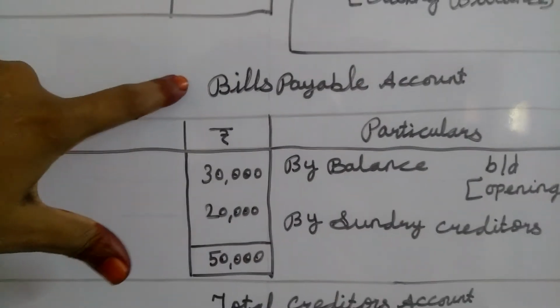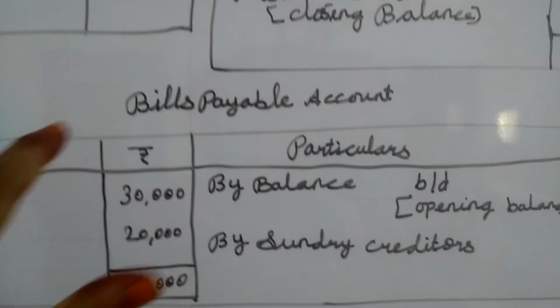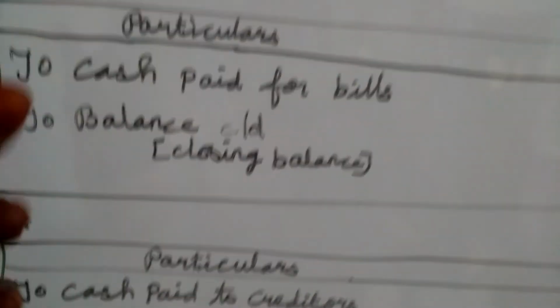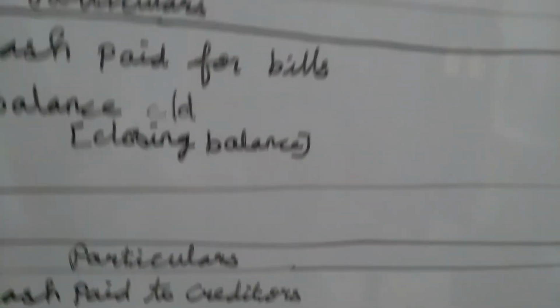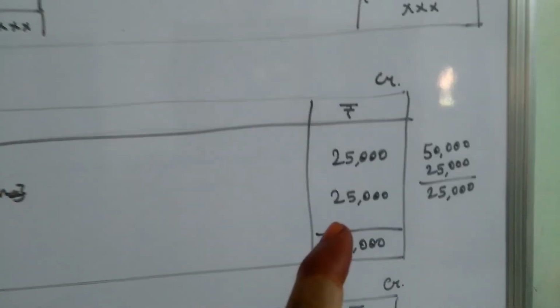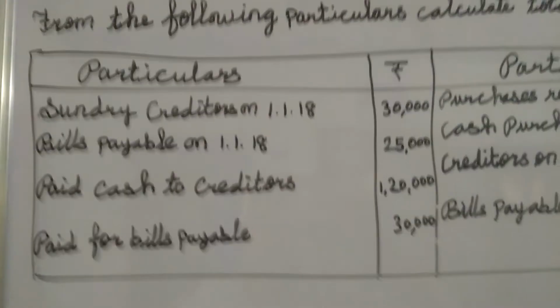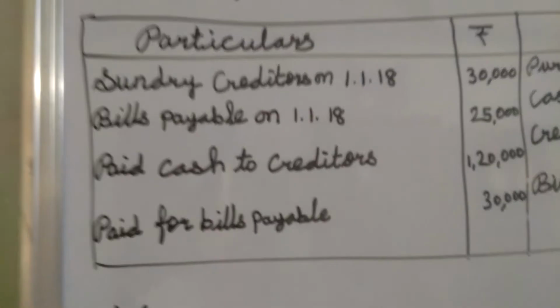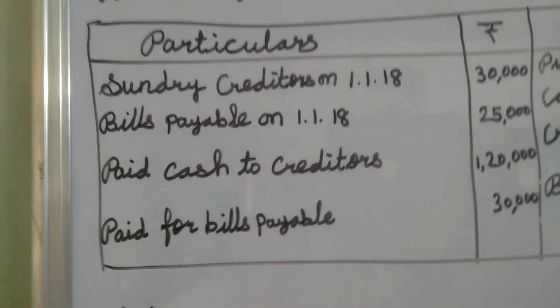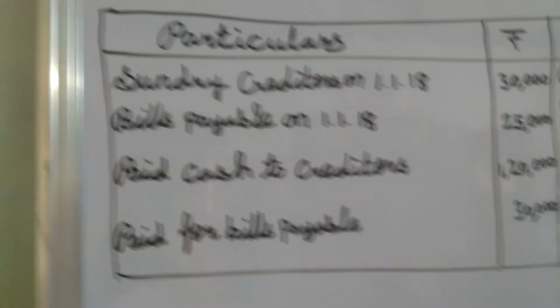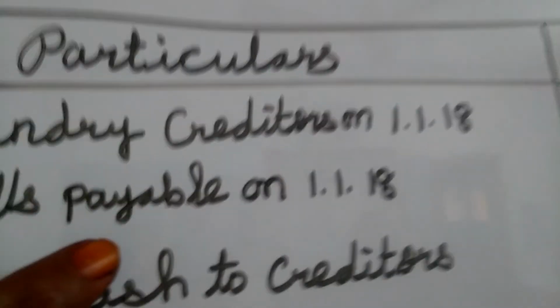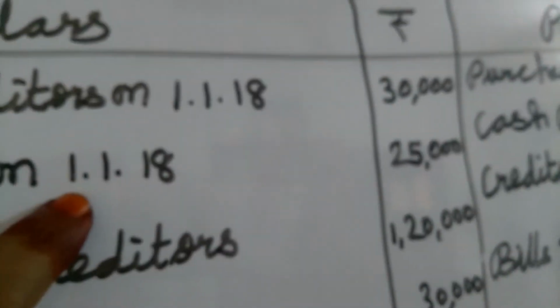So as per the format, first we are going to prepare the bills payable account. First, everyone, as per our accountancy note, at the top you write bills payable account. As usual, on the debit side, all the debit items we write here, particulars column and then rupee column, and then credit side particulars and then rupee column, right? Okay, as per the format, see the sum. First you see the sum. From this, take just the information given regarding the bills, that information alone we are going to take, right? Bills payable on 1/1/18, that is 1st January 2018.